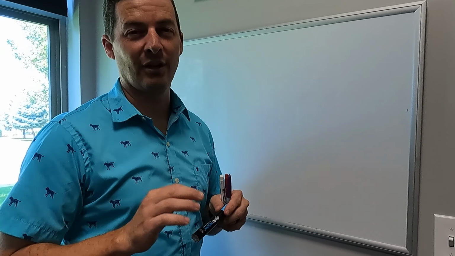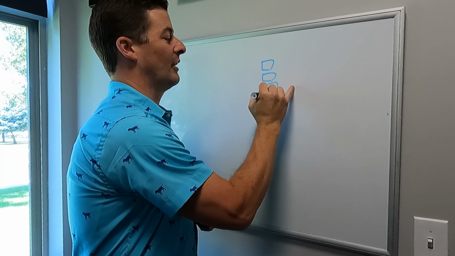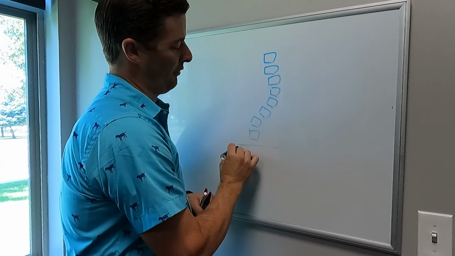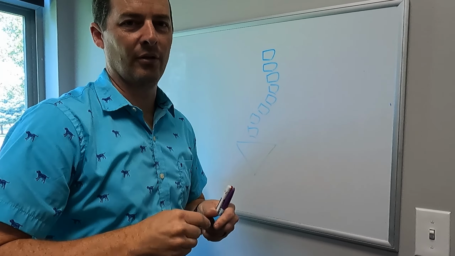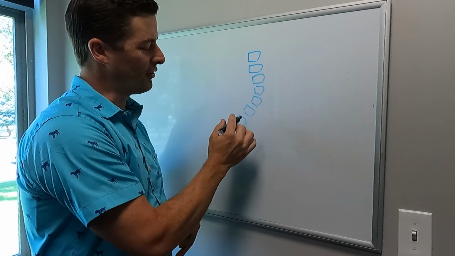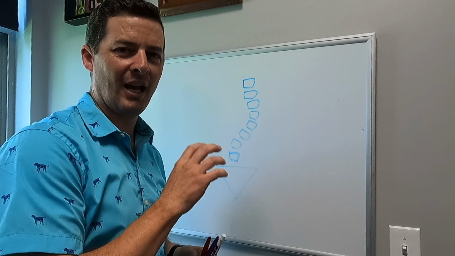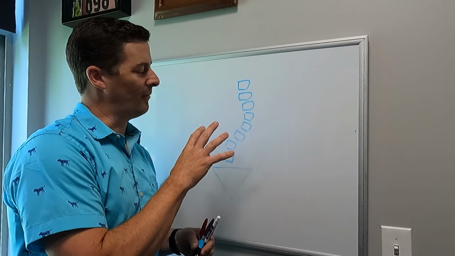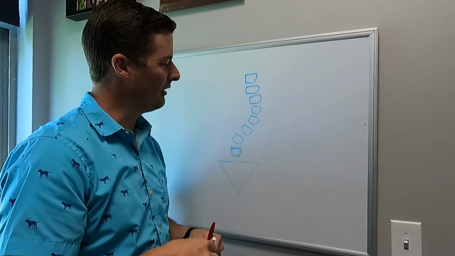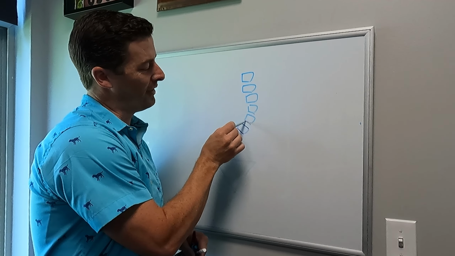So growth modulation, if we look at the spine, I'm going to draw a spine here. I'm going to draw a scoliosis spine. So we have a little bit of a curve going on like this. And then we have the pelvis. So hopefully you can see that. We'll call this a right thoracolumbar curve. And the problem is, since we have this curve, the spine is growing. And the spine grows mostly from the end plates of the vertebrae. So here and here, here and here. So these end plates are what